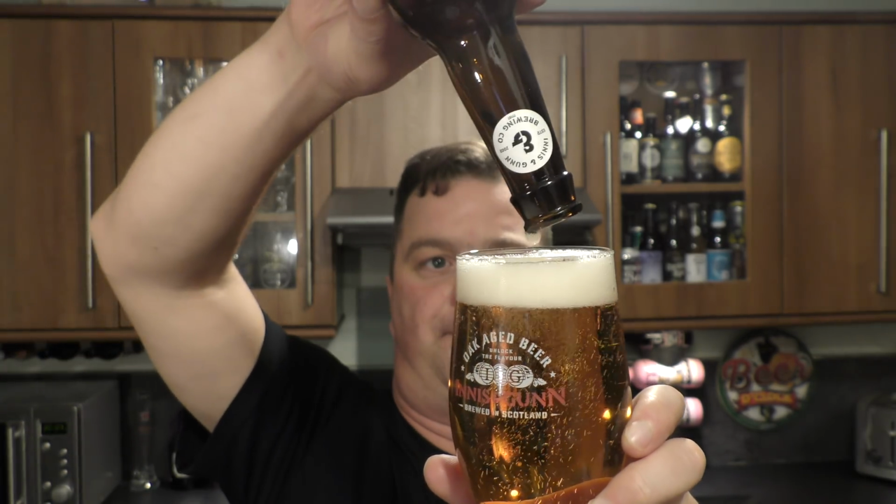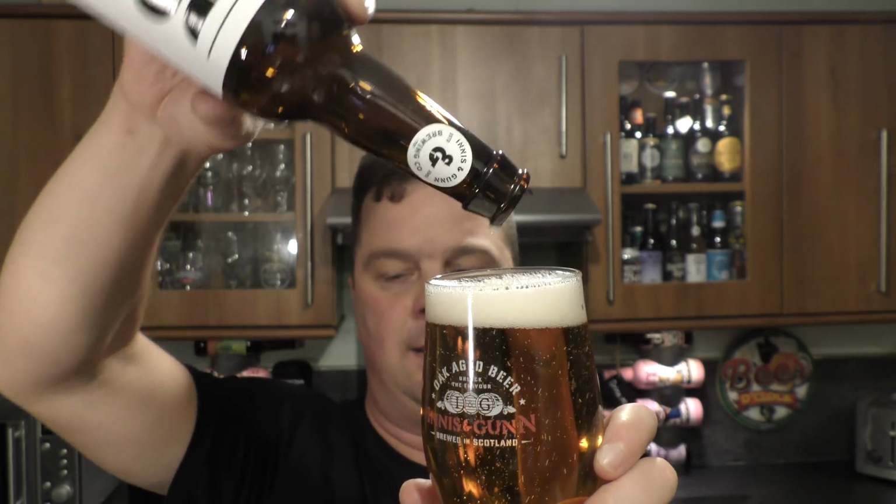So Innis Gunn are a brewery that ages beer. That's what they do. They came up with the first, like, a whiskey barrel-aged beer. It was done by accident. The story goes they were trying to make a whiskey that was infused with beer. They filled a barrel by accident with beer, a whiskey barrel, and they left it for a little while, and